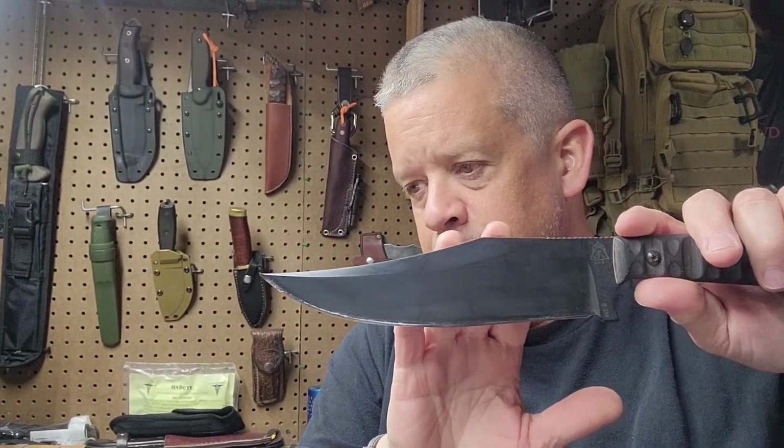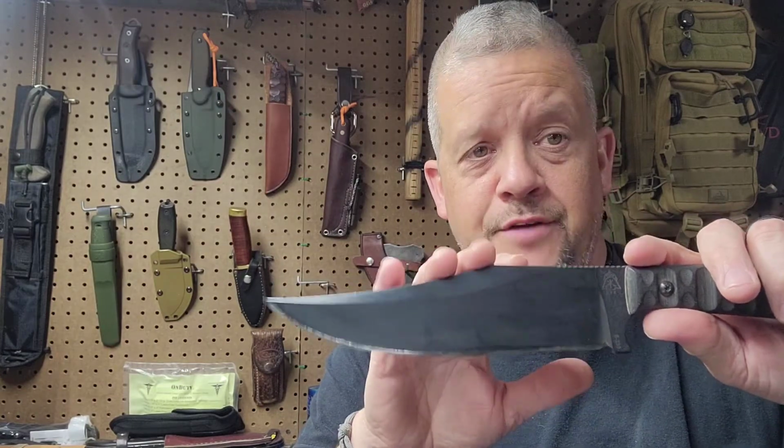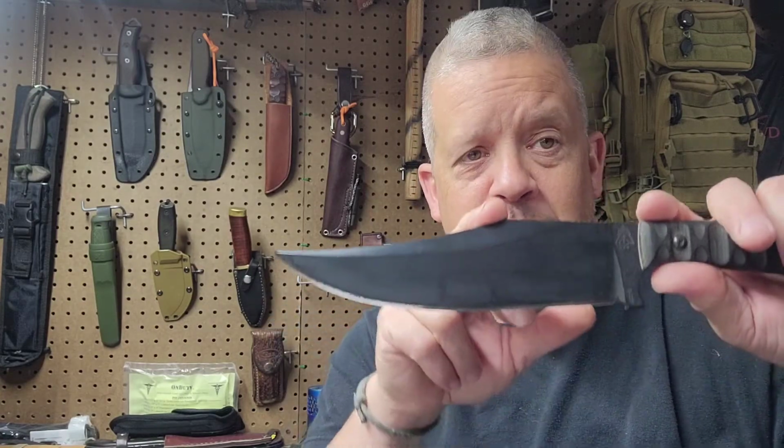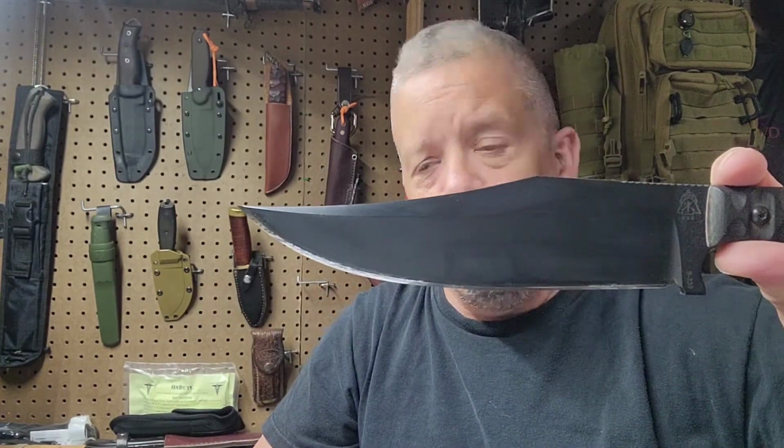I have one here that is a very over exaggerated clip point, and that is the Prather War Buoy. A summarized description of a clip point is the forward half of the upper part of the blade looks to be clipped off. There is an example of a clip point. There is another example of a clip point. The thing with most clip points is you have a very precise tip, and the blade has a tendency to taper and get thinner as you go toward the tip. That gives you very, very good penetration,